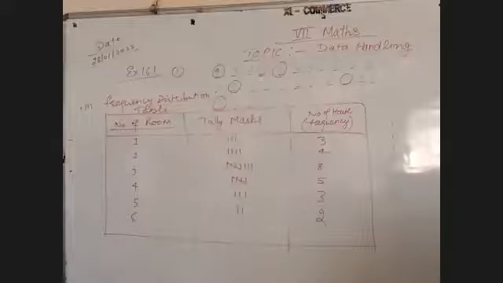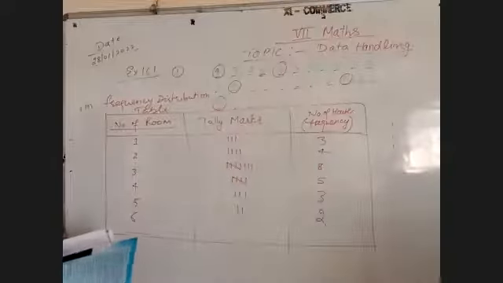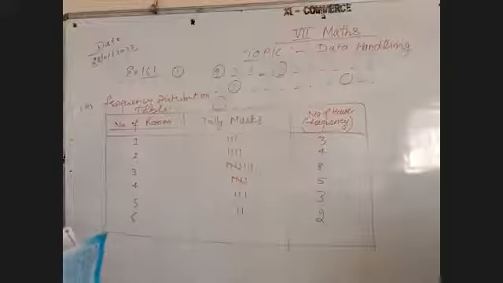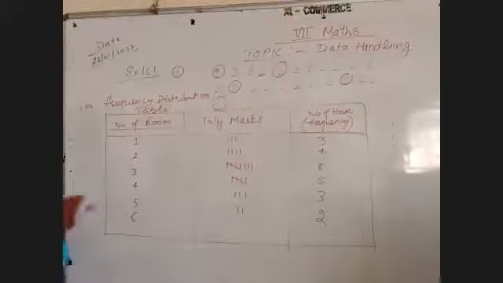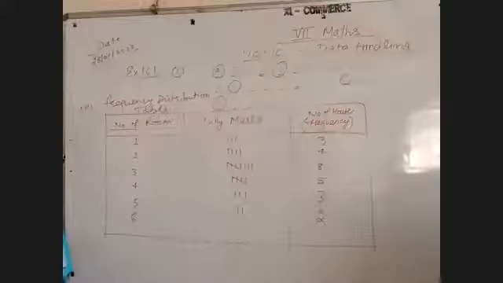Find the number of houses which have 4 or more than 4 rooms. ऐसे कितने हाउसेज हैं जिसमें 4 या 4 से ज्यादा रूम्स अवेलेबल हैं? अब नंबर ऑफ रूम्स तो यहाँ लिखे हुए हैं। 4 या 4 से ज्यादा।